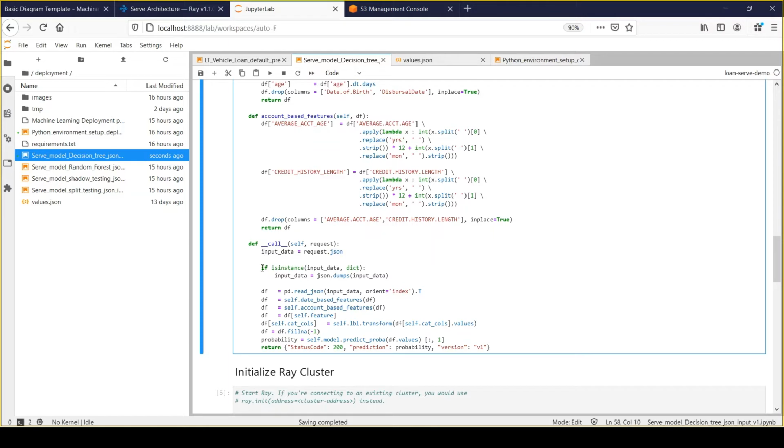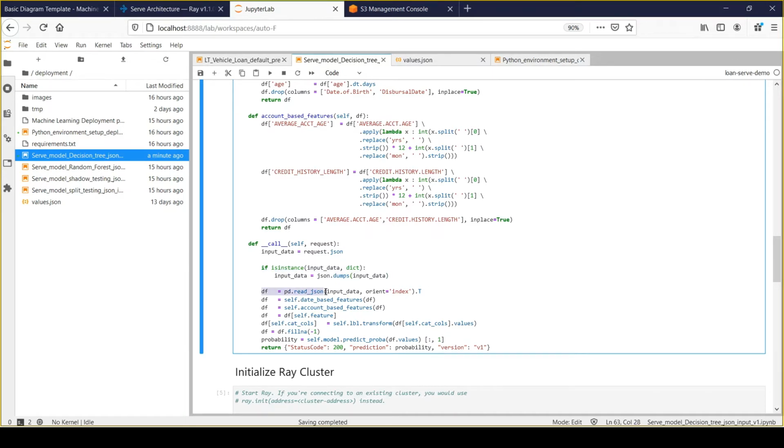Okay, and next we are performing some additional activity to make sure that my ML API is robust to different types of request layout. So if for some reason the caller passes the layout in a dictionary format, then here we are simply taking that dictionary layout and converting it to the JSON format. Okay, so that's the purpose of adding this statement.